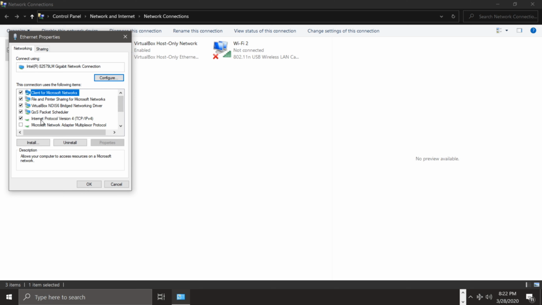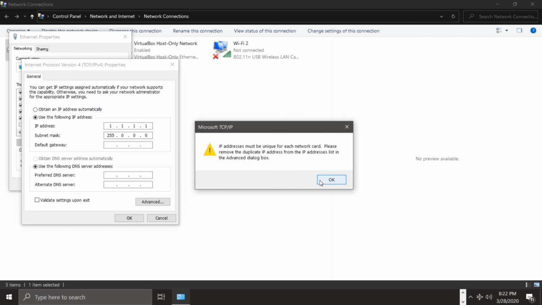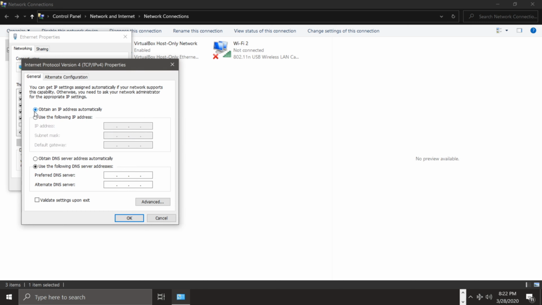So what you need to do is go into Internet Protocol Version 4, go into properties, where it says IP address, whatever you have, just take it out, and you want to go ahead and type 1.1.1.1. For your subnet mask, you want to make sure it has 255.0.0.0. So this is how it should look. So just hit OK, and then if that doesn't work, for example, you want to make sure to obtain DNS